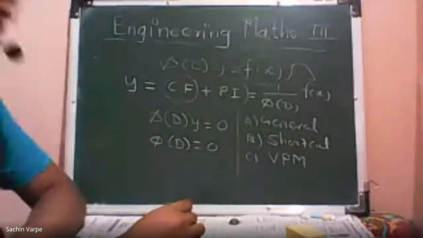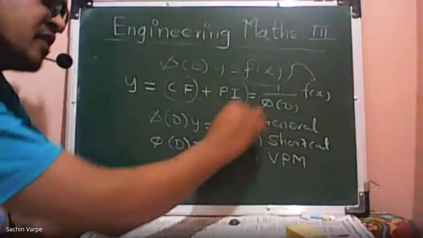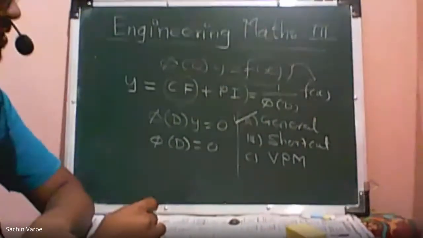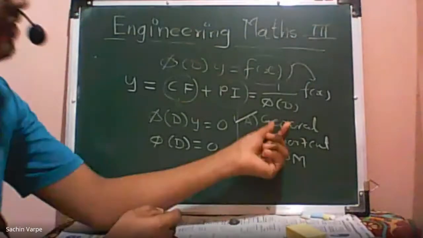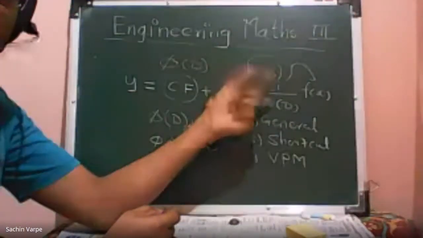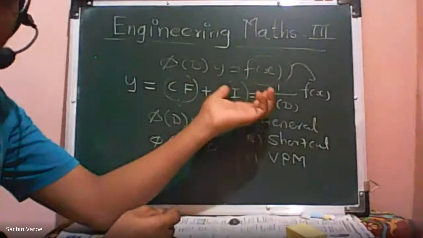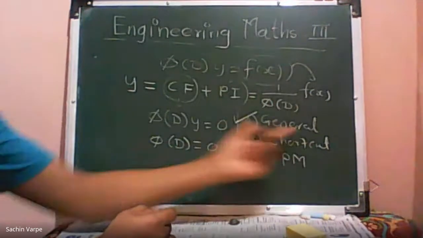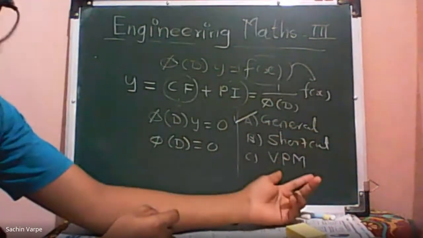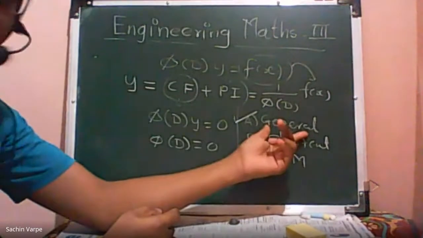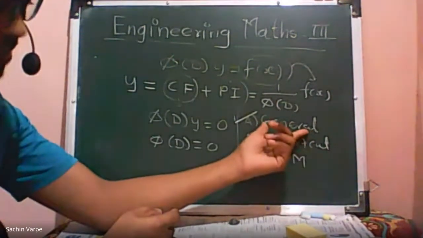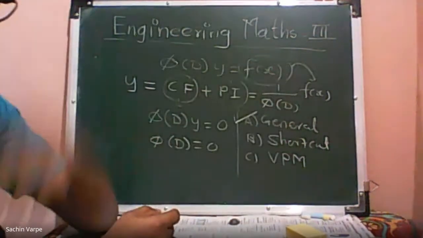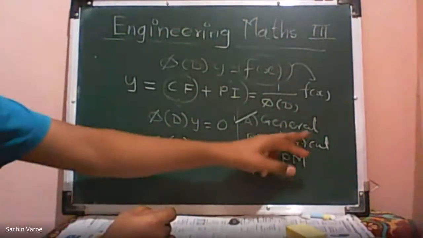So we have discussed in detail with examples about general method, and most of the time, if the right hand side function involves double exponential function or inverse trigonometric functions or a rational function, then we use general method or method of variation of parameter. But as the name is general, we can apply this method to all types of functions. It is applicable to all types of functions on the right hand side. So that we have discussed in detail.